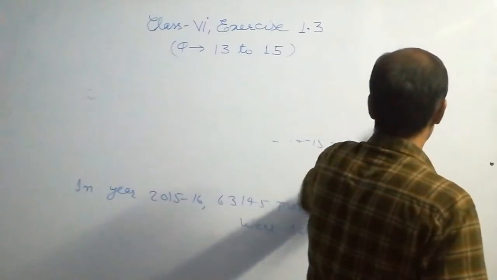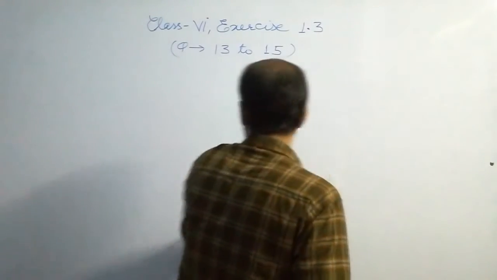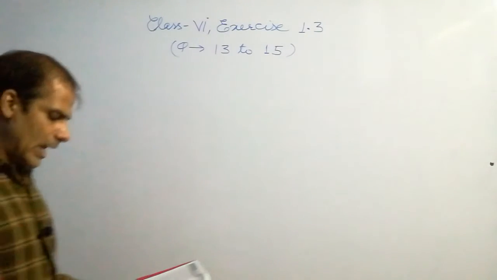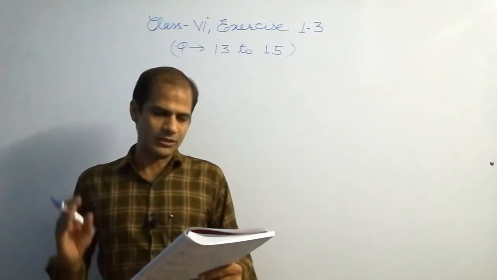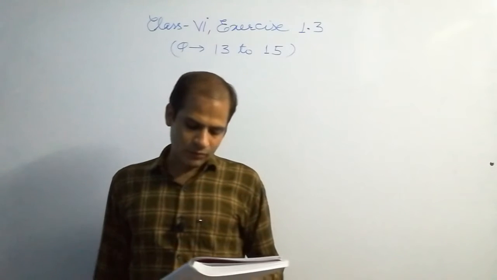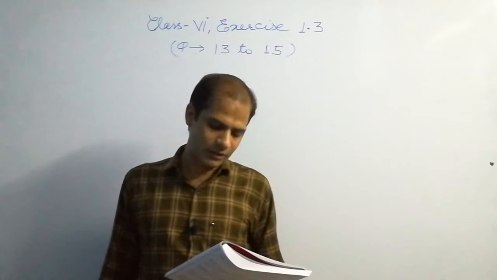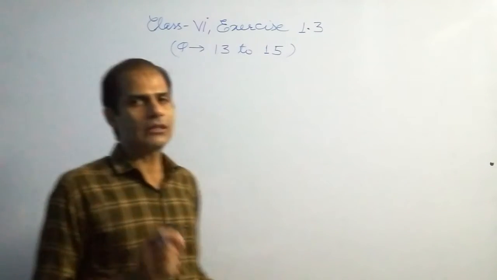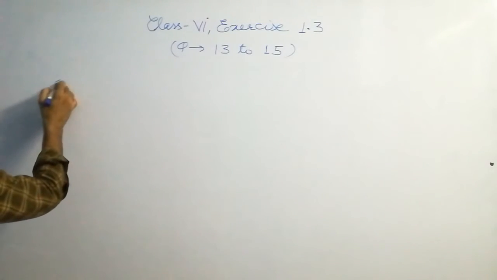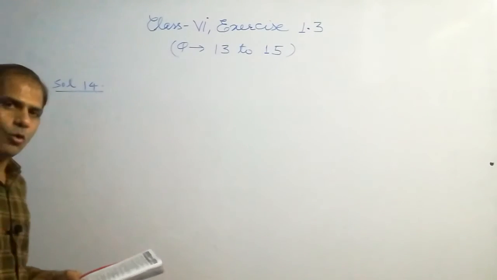Now question number 14. What is the question? Mohit travels 8 km 425 meter towards north. Okay, suppose you are Mohit. Just suppose. Then 13 km 210 meter towards south, and then 15 km 675 meter towards west. Calculate the total distance covered by Mohit. So, solution of 14th question. We have to find the total distance covered.